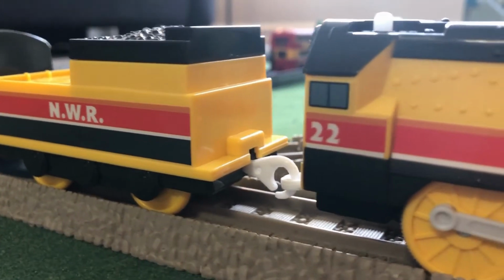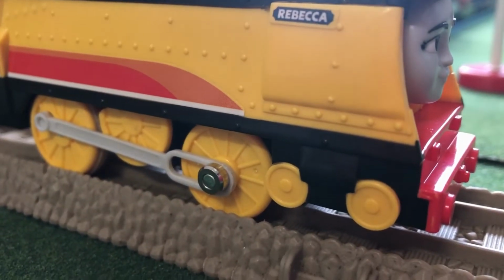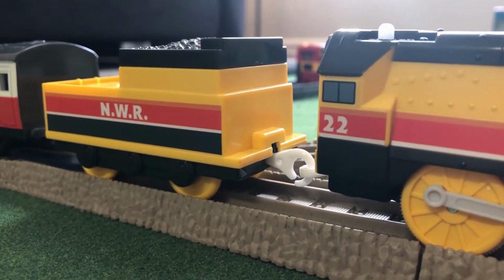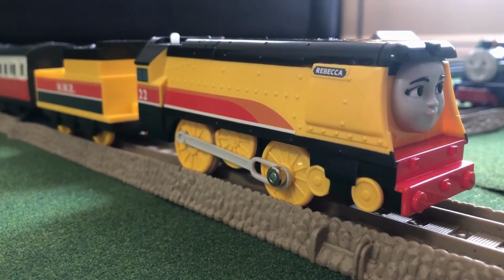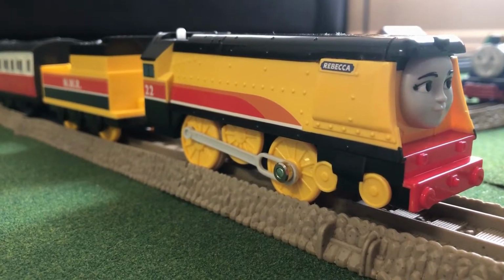I know the color scheme on this one is reduced from the show. It's black on the top instead of navy, I believe, which I think also goes for the bottom stripe on the tender as well. I know there's a lot who don't like that. I personally think this looks better. It looks neater to have it black. Honestly,